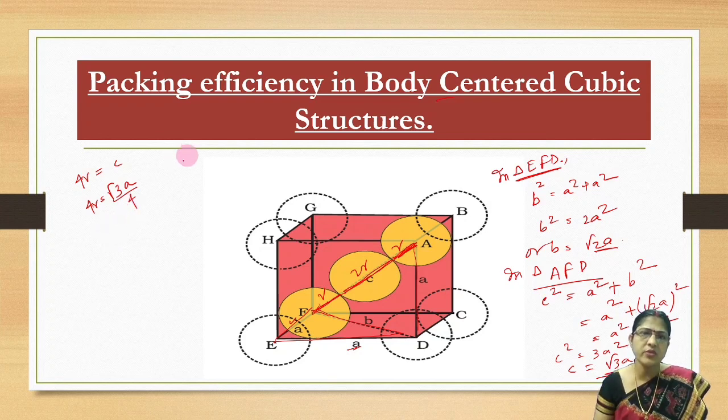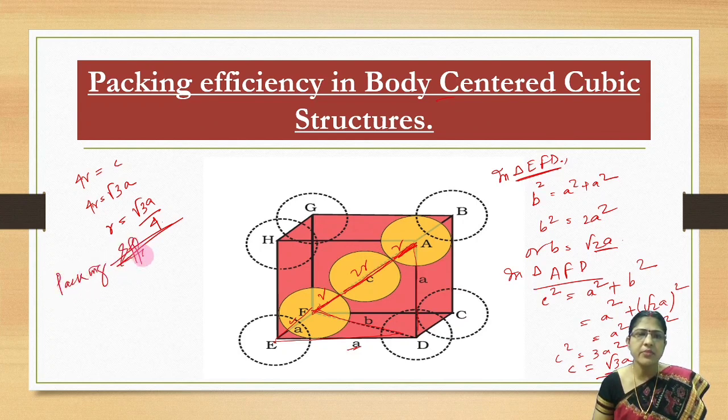So 4R is C. How much? Root 3A we calculated here. 4R is equal to root 3A. R will be how much? Root 3A by 4, right? Then in case of BCC, how can we calculate packing efficiency? The packing efficiency formula is